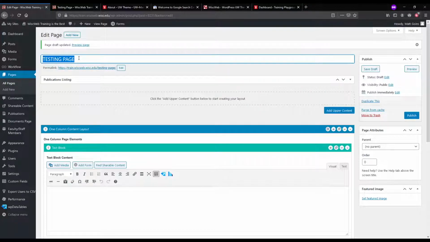So that is the primary impetus for this change, is to just make it more accessible for our audiences.